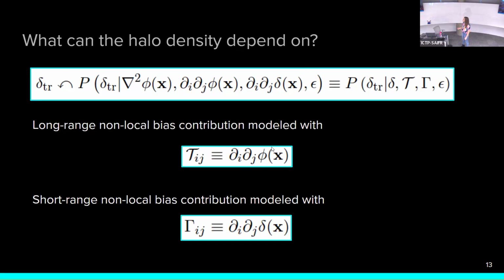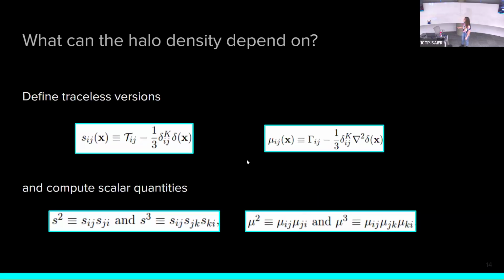Here I'm just defining the tidal field, like the action of the gravitational potential. And yes, you could also explore what is here called the short range or local bias, because here you're using the gravitational potential, but we could also do something similar with the density itself, and see the contributions of adding this to our model. That's going to be higher order. Yes, I agree.